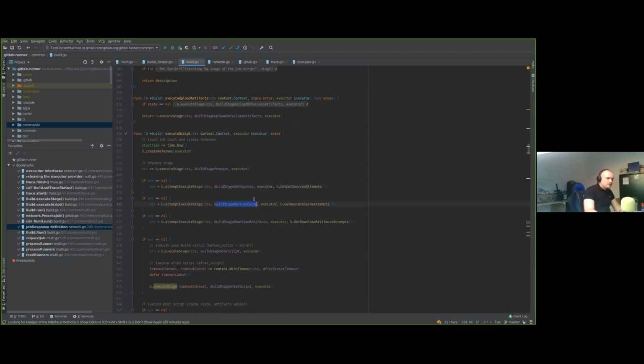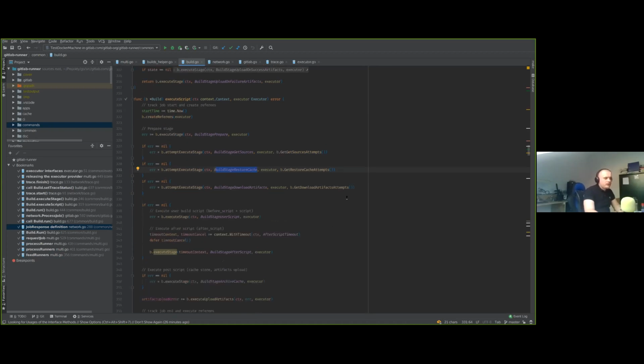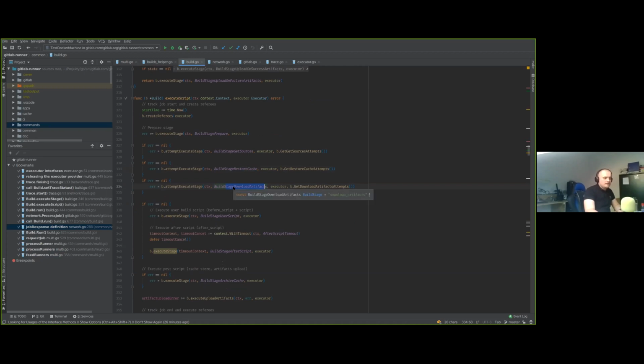Restore cache is a place where we try to restore the cache, either the local one or download it from the remote cache like GCS or S3. Download artifacts is the moment where we use the job payload to download all artifacts that were defined for this job to be downloaded. And as you can see here, the construction of the error checking, each failure of each of these steps,